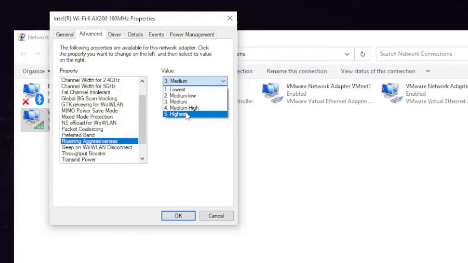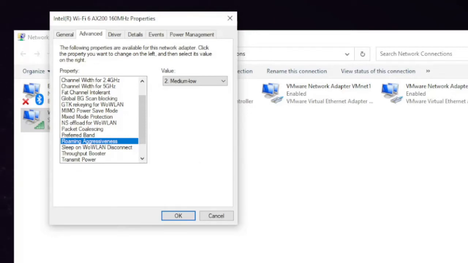So to get the faster internet connection through the Wi-Fi, the best signal, you have to go with Medium-Low or the Lowest. I would recommend that you go with Medium-Low, and if you do not see a difference, you can also try the Lowest one, but make sure that you remember these settings that you are applying.